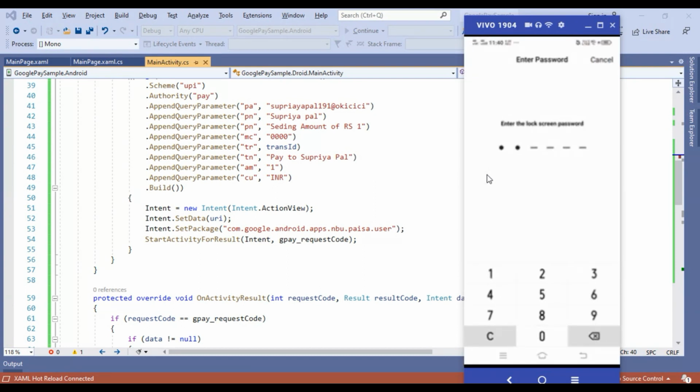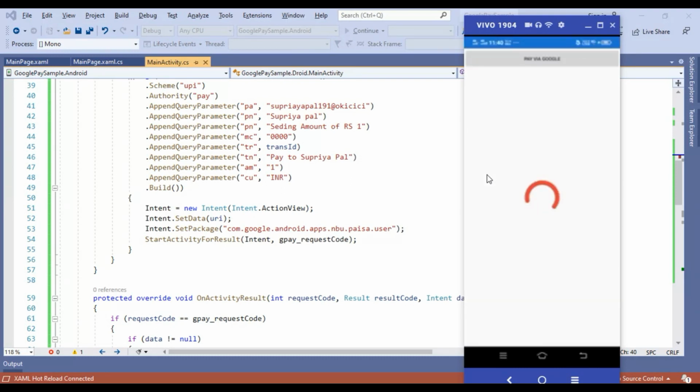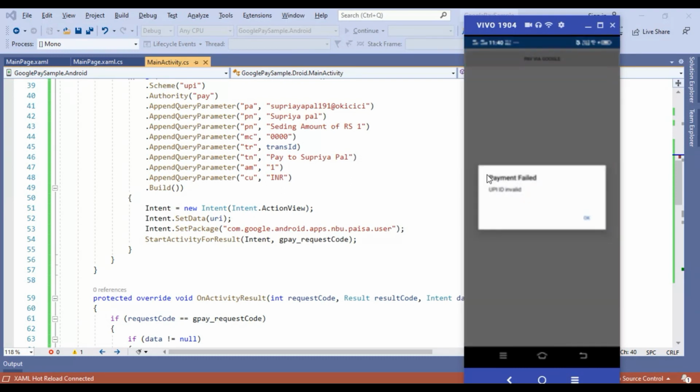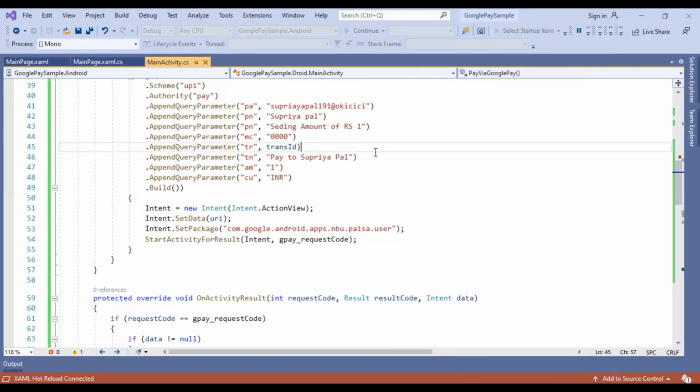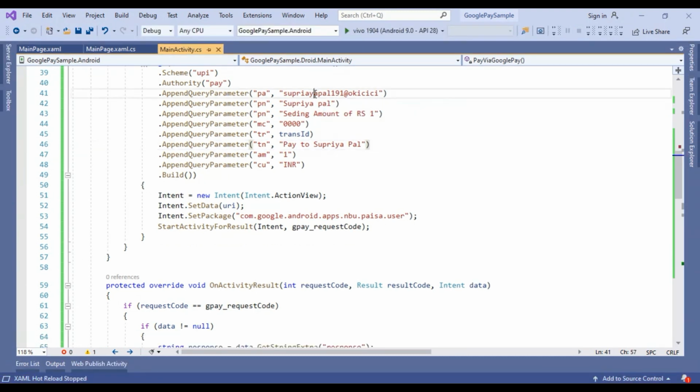We need to type the lock screen password, and it shows payment failed because the UPI ID is invalid. So we have to pass the UPI ID correctly, otherwise it will show the invalid UPI ID. Okay, so here I am going to change the UPI ID. That's it.